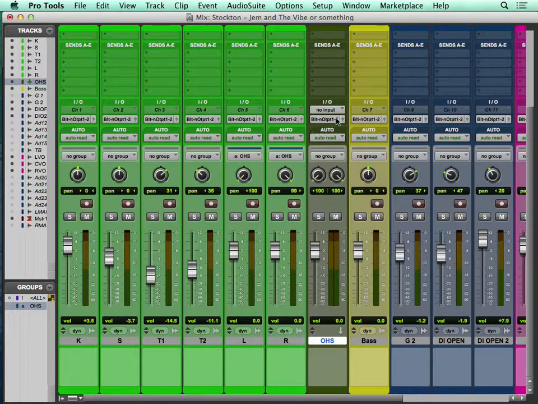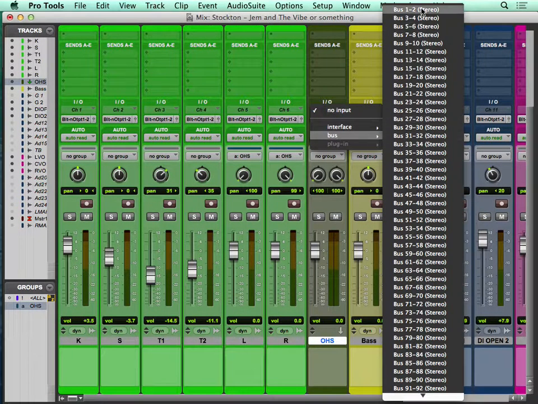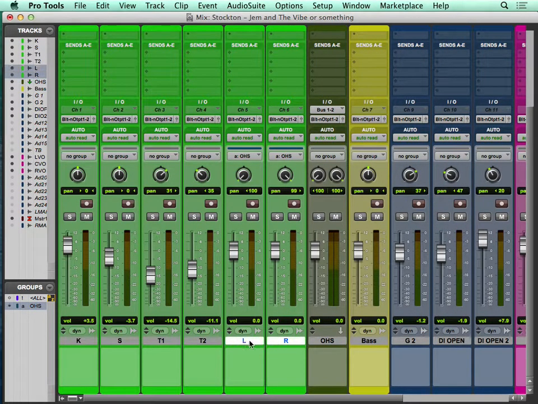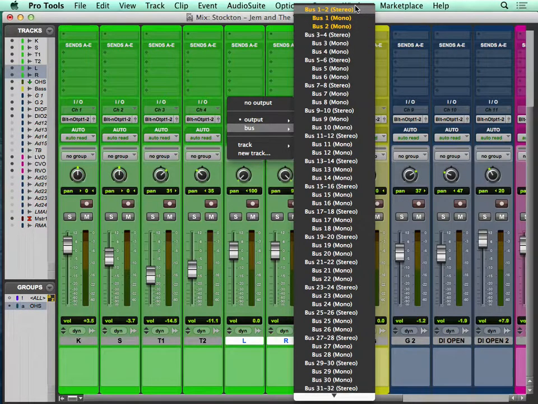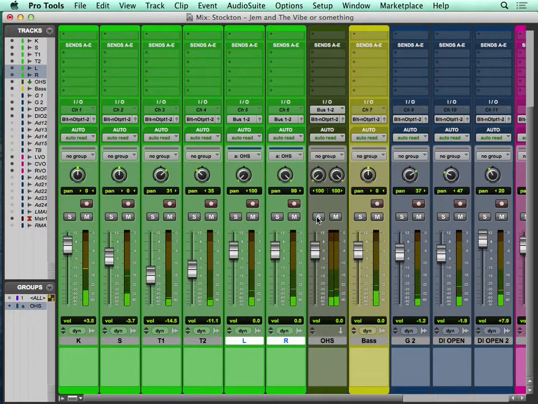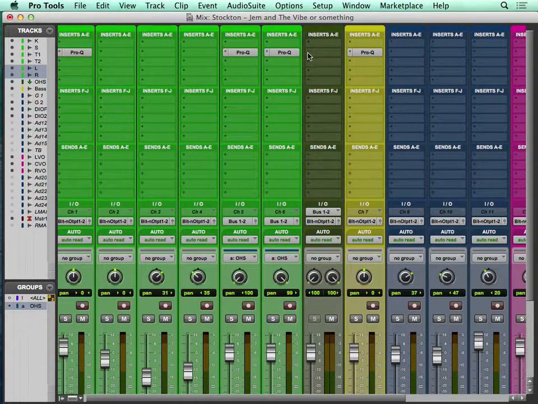So here's my overheads. My overheads are going to come through bus 1 and 2. I hold shift and option and it changes both those channels at the same time. So here's my overhead mics. Why did I add that to the overheads? Because if I want to EQ them, I can just do one EQ on both of those, a stereo EQ, for both sides of the stereo